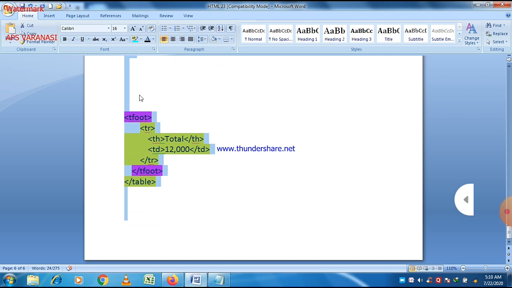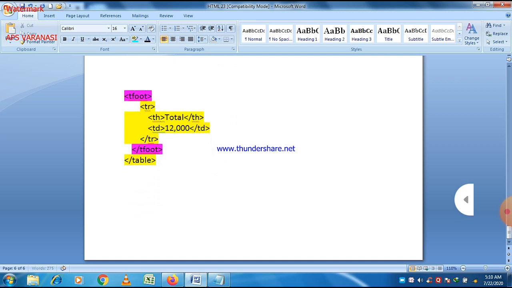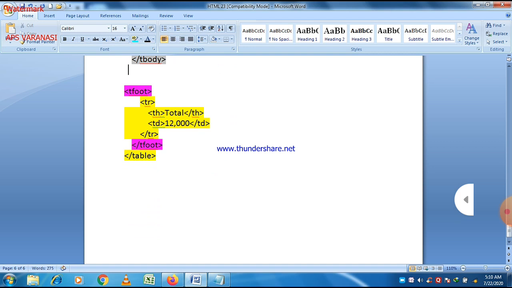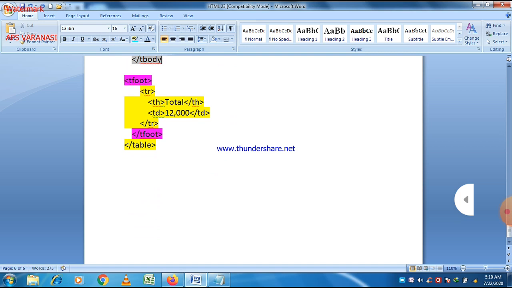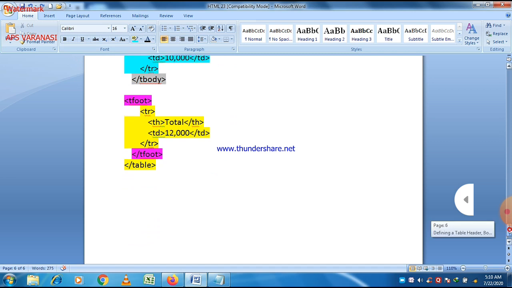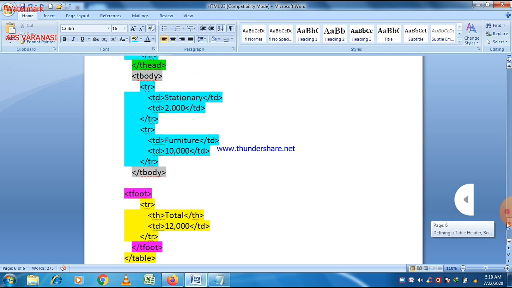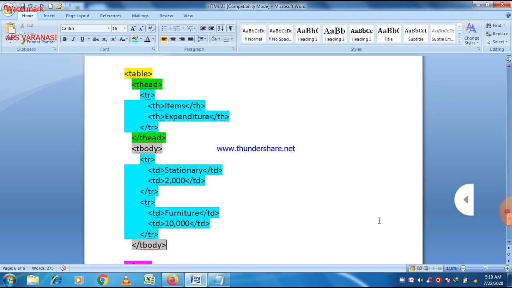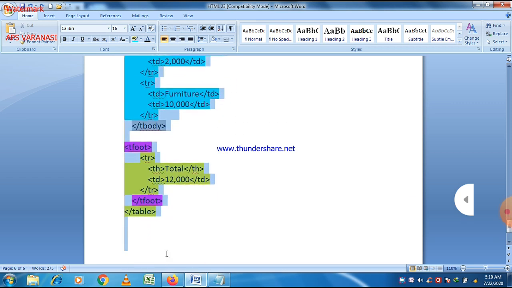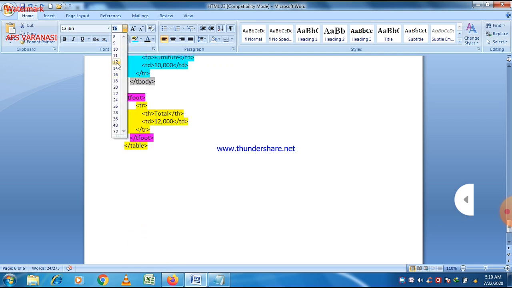T body is in a different color to show it is also a different section, and t foot is marked with a different color to show that it is a different section here. Now the size is again a little bit large here, so just reduce the size and try to read the whole program.